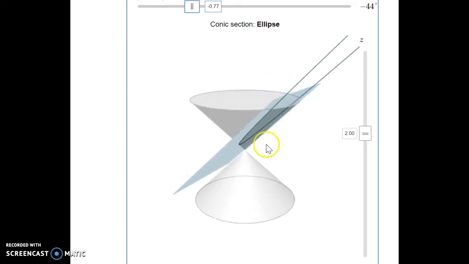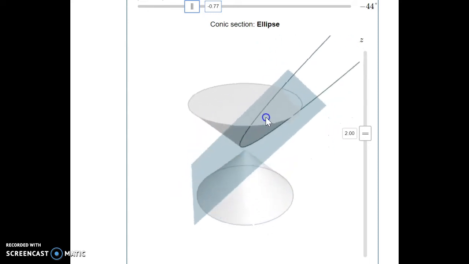All right, so anyway, those are the four different shapes that we are going to be studying in this